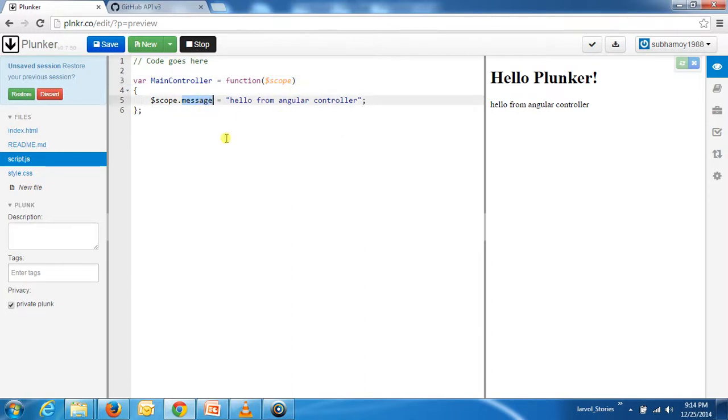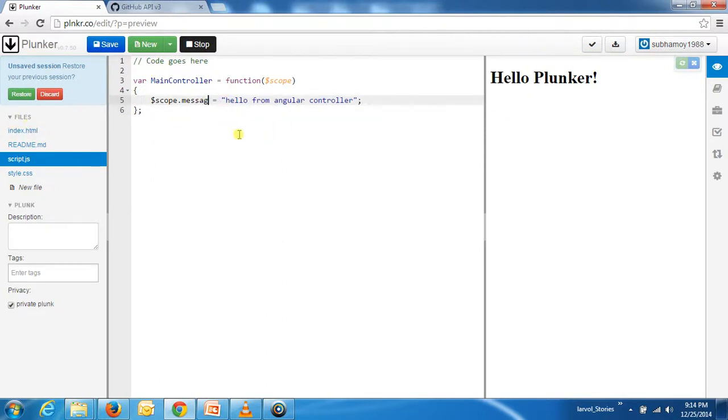Okay, so we could find the $scope.message is this, and this is "hello from Angular". Now one thing to ponder: Angular is very bad at auto suggestion and this kind of stuff. So when you make a mistake like this, suppose you write this, Angular doesn't really give you any kind of predefined error, or it doesn't throw anything. Look, it simply